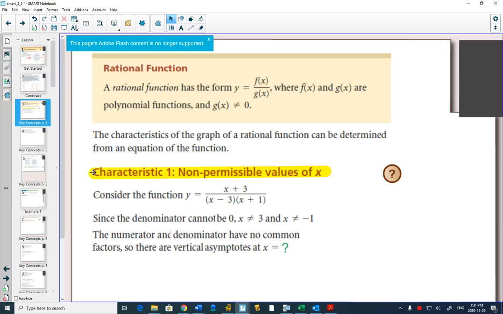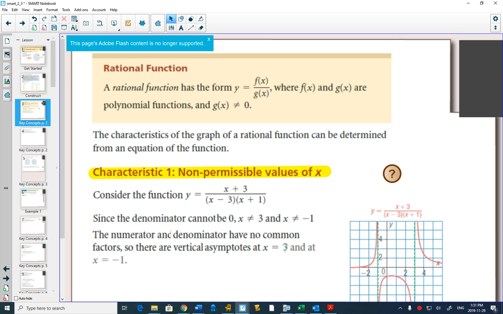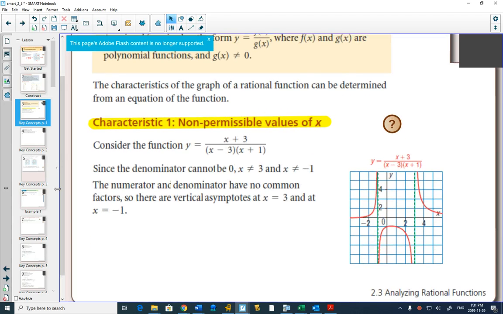So we look at our non-permissible values, and they will either be holes or asymptotes. The first thing we have to decide is what's going to happen to 3 and -1. If the factor cancels out, that's when you're going to have a hole in your graph. If the factor doesn't cancel out, as in this case, you're going to end up with vertical asymptotes. So in this case, it doesn't cancel out, and so I'll draw it in here with red pen,